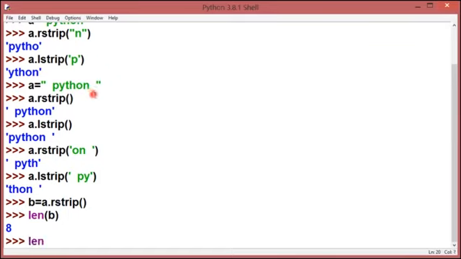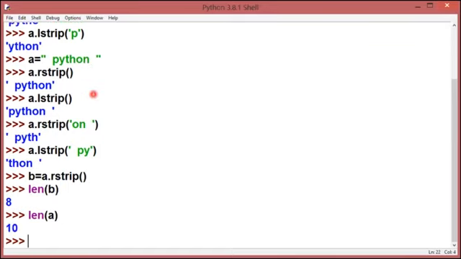If I show you length of A, it is going to return me 10. Because along with both side spaces, the length of the string is 10. But after removing the spaces from the right hand side, the length has become 8. So this gives an impact on my string.